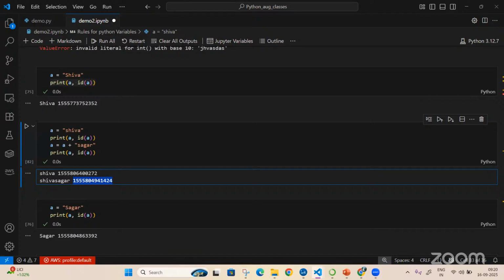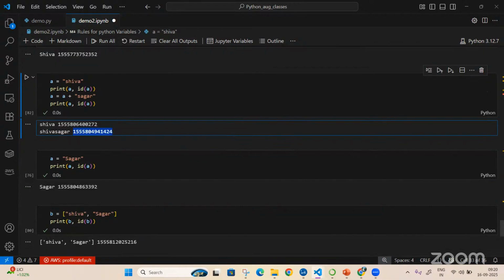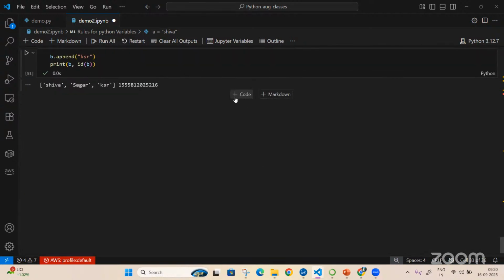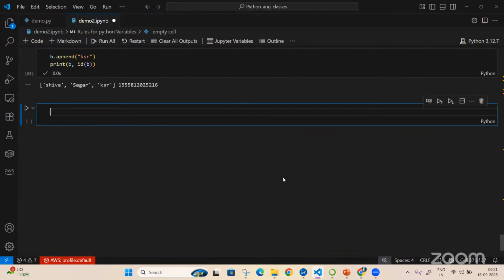So the benefit of list is that we can create a list once and add as many values as we want, right? We'll come back to that. But this mutable and immutable, are we clear? Yes. We'll go slow. We'll come back to that and we'll see. Any doubts so far? No. Okay. Before ending, I'll introduce one small topic.